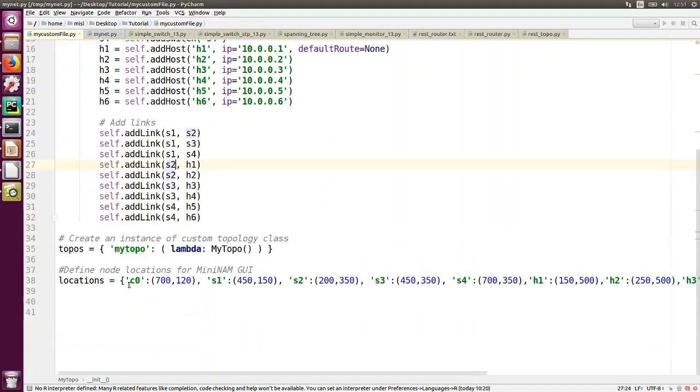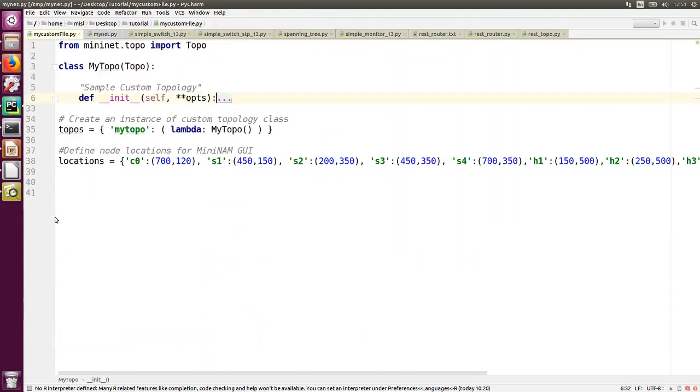Okay, so the class is defined here, and then I create an instance of that class. So I name it topos, and I give it a name which is in this case my topo. We have one line down here, we'll look at that later. So once you have the topology defined,